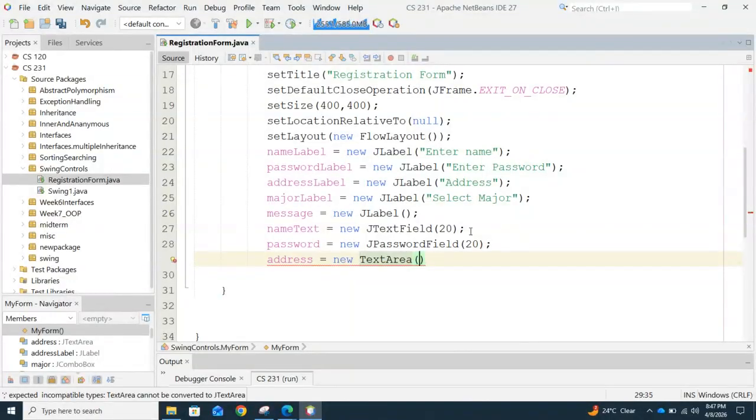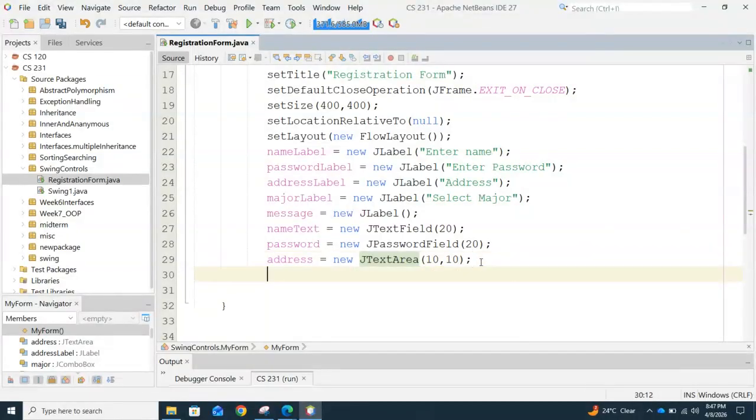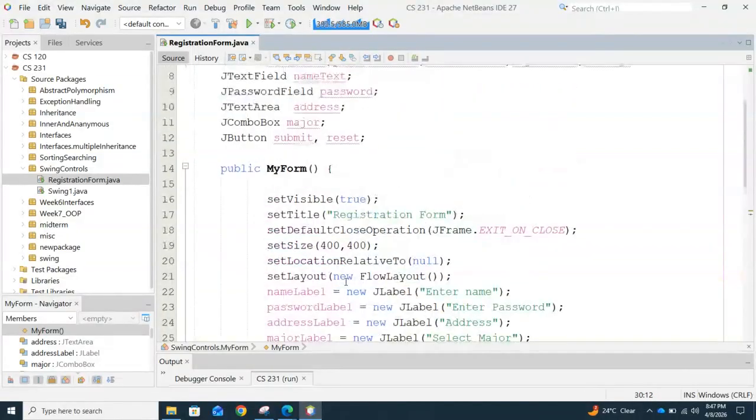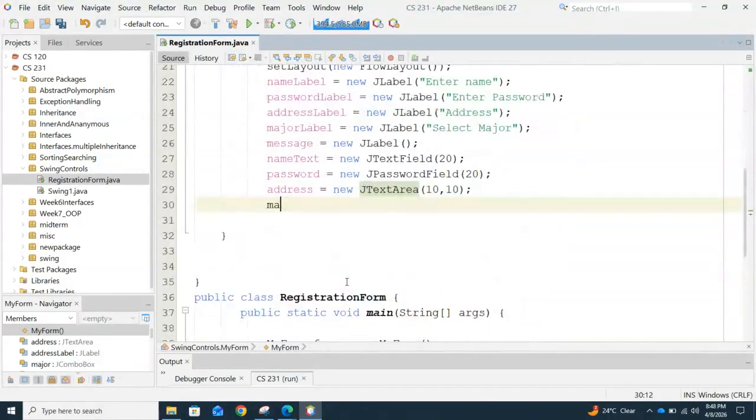You see here, whenever you write text area, it should be in rows and columns. For example, 10 rows, 10 columns. Assume. Okay. Is it JTextArea? All right. So this part is here. The next, after text area we have major, right? The major is major equal to new